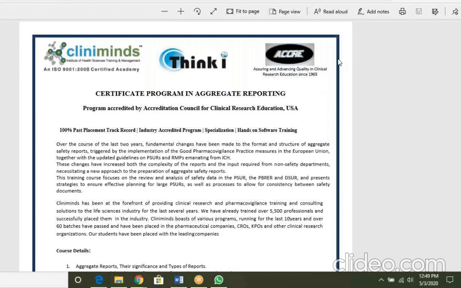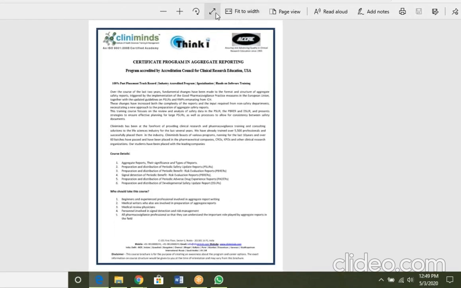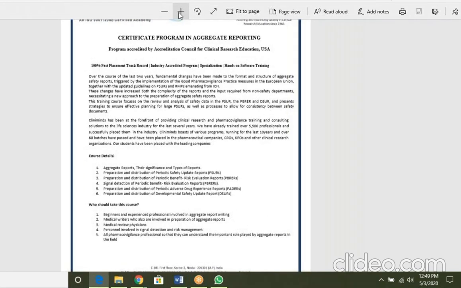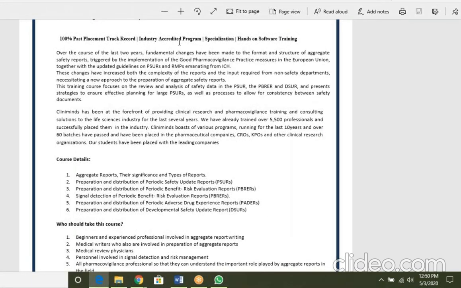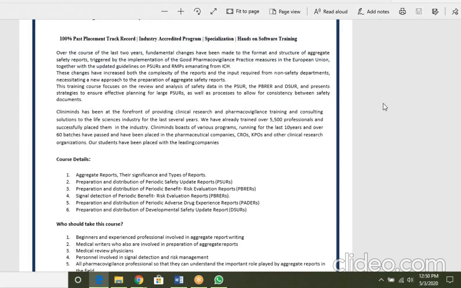Could you please let us know how the submission is done after the final report is done? Dr. Viket, for you. Well, submission is a very broad term, and typically the sponsor does the submission via the gateway. So there is an electronic submission. Some of the regulatory authorities also require paper submission, but this is now becoming rare. By and large, it goes to the dedicated gateway of the regulatory authority, and it is submitted electronically. If that answers your question.